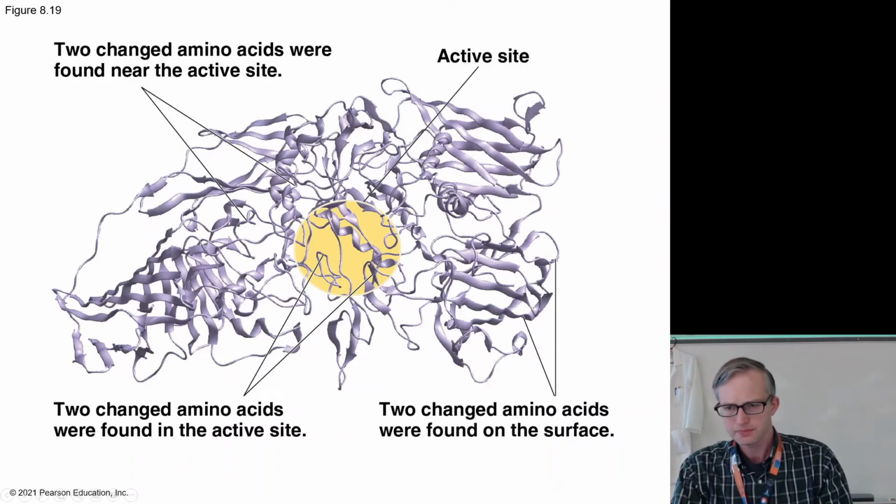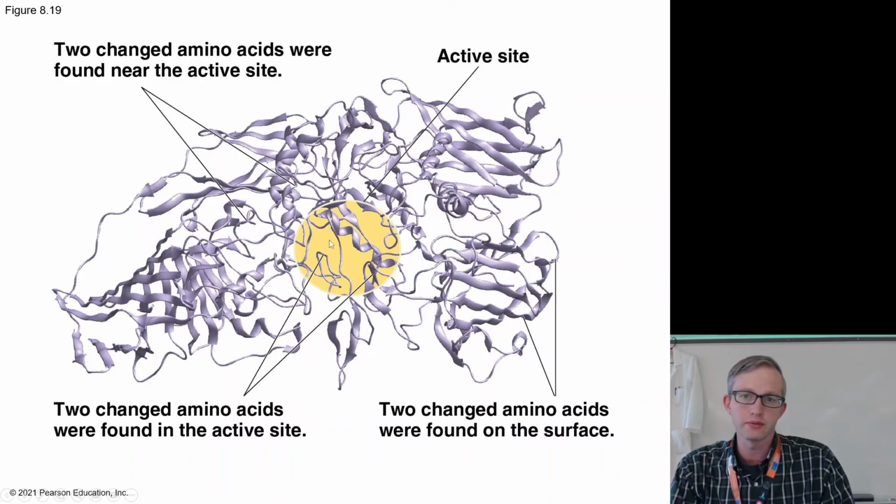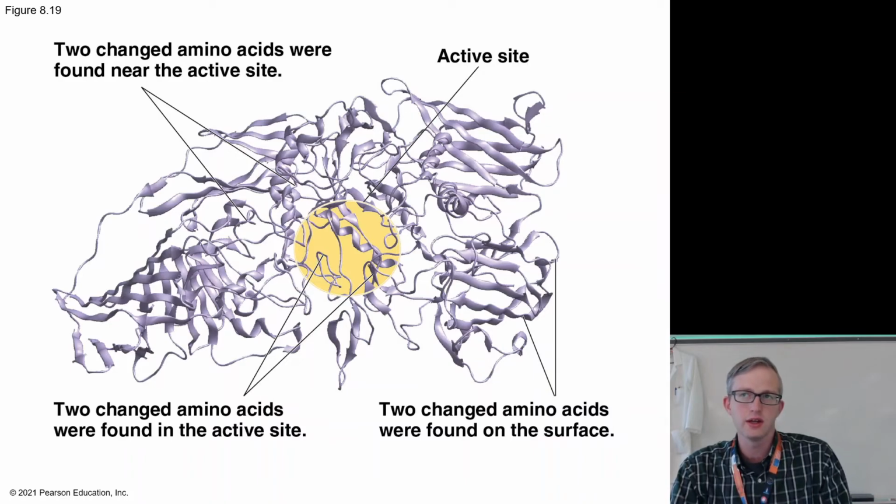resulted in a changed affinity over a period of generations for a particular sugar molecule. And so when they examined this, what they found was that after repeated generations, when they finally saw that it was producing this enzyme that was more effective, they found a whole bunch of amino acids that had been flipped and tweaked and changed in such a way as to now produce an enzyme that's more favorable.